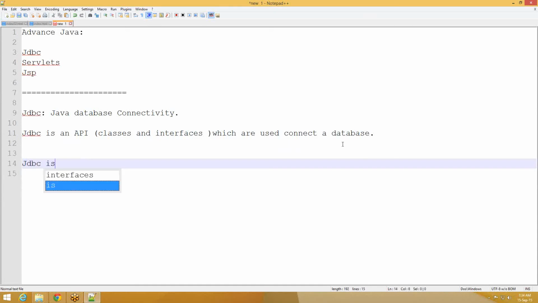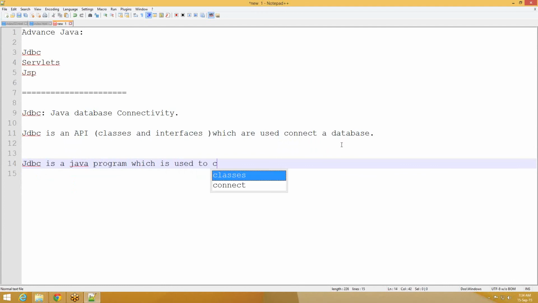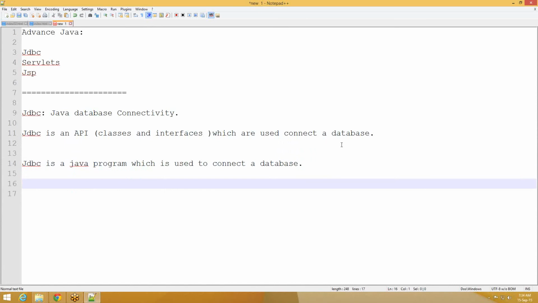JDBC is a Java program which is used to connect a database. Now the question comes: what is a database? Normally a database can be defined as a collection of some information